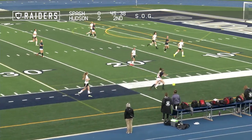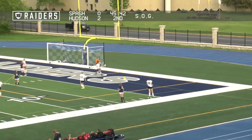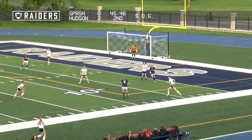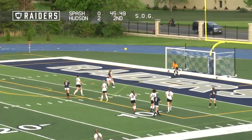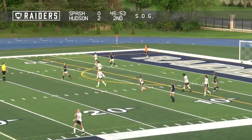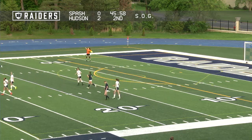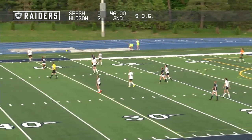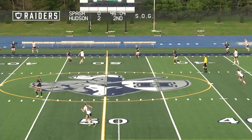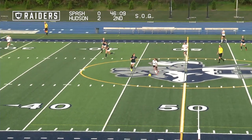She has been using lightning-like speed, and right as I say that, she blows past a defender. Good job there on the recovery, though, from number 21, Bryn Beversdorf. Duffy, though, with it once again. Duffy trying to find Liz Collinson, but that's way out wide. Nowhere near the intended target. So for Beversdorf, she will throw that one to one of her teammates, and now Stevens Point trying to work